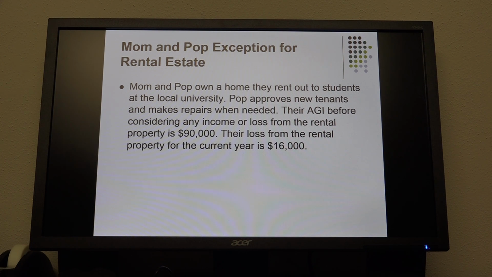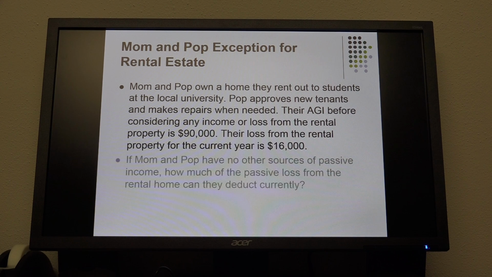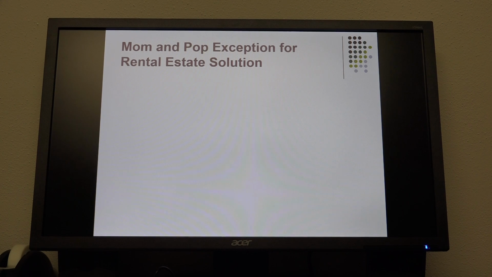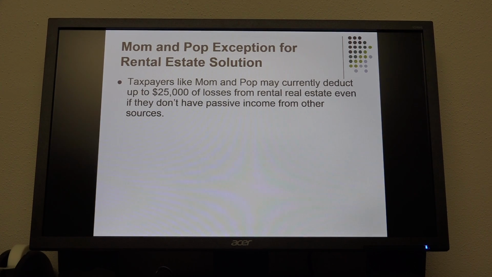They rent out to students at a local university. The husband approves new tenants and makes repairs when needed. Their AGI before considering any income or loss for the rental property is $90,000, and their loss from the rental property for the current year is $16,000. If they have no other sources of passive income, how much of the passive loss from the rental home can they deduct currently? Well, they can deduct all of it, because they make less than